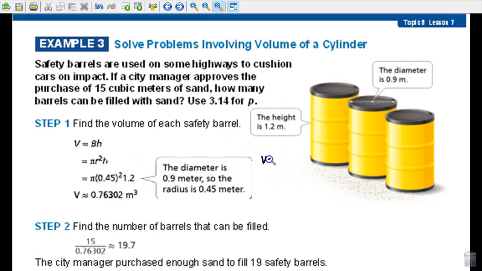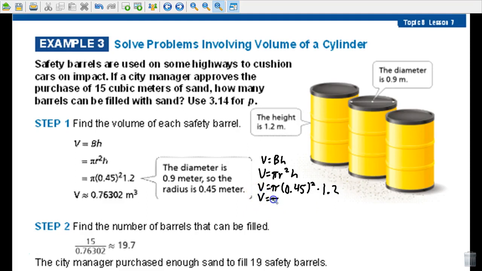So V equals BH. V equals pi R squared times height. V equals pi. Half of 0.9 is 0.45. 0.45 squared times the height, 1.2. And then 0.45 times 0.45 is